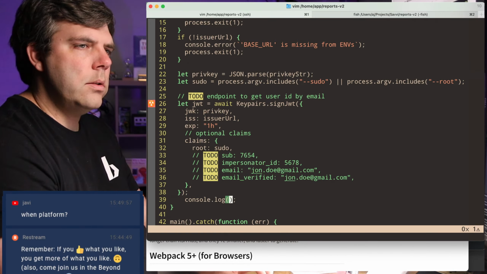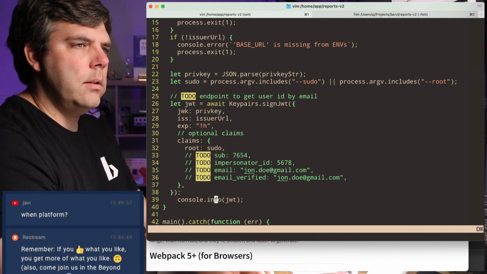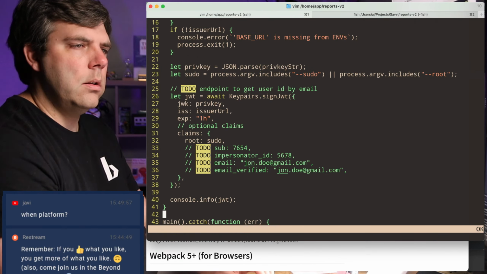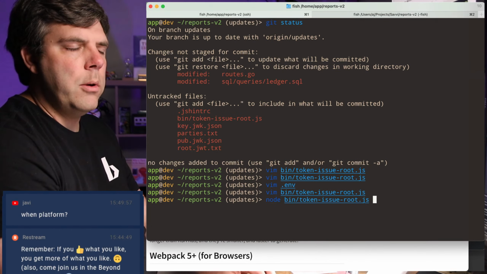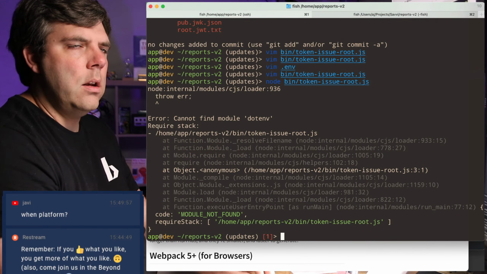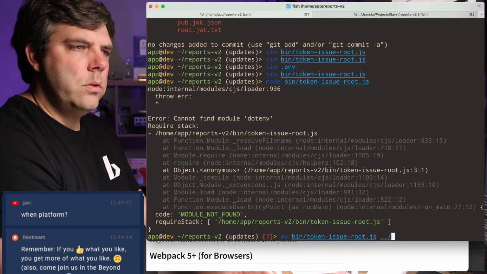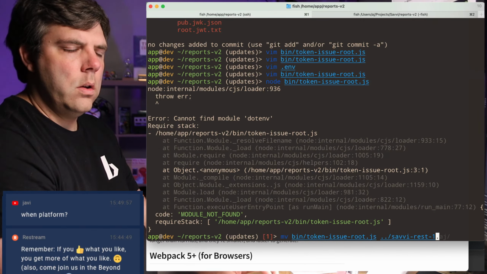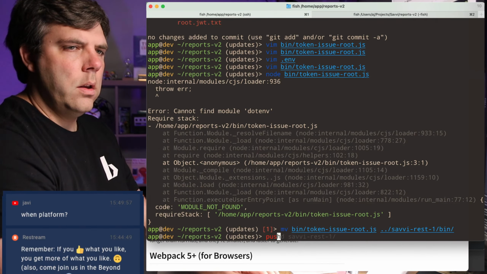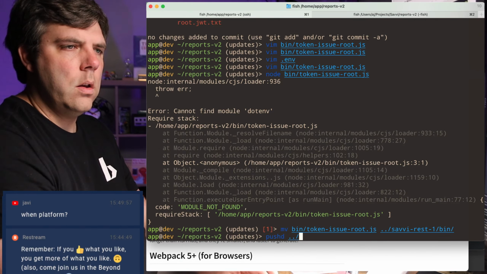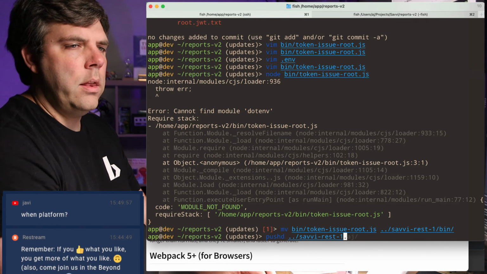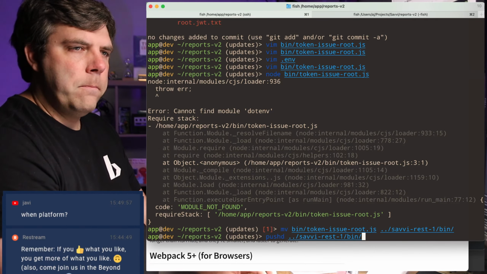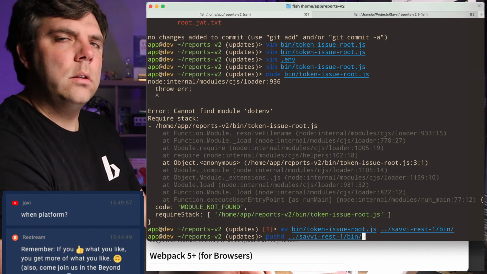Let's console.log this JWT. Let's do console.info since this is actually something that I want to keep. And for those of you joining in, I was taking a break from Go to just do a little something that I need in Node right now. I am going to move this over to the other repo real quick, and then we'll carry on to test, because the V1 of the API is in Node and the V2 is in Go. And the V1 is probably going to stay around forever.